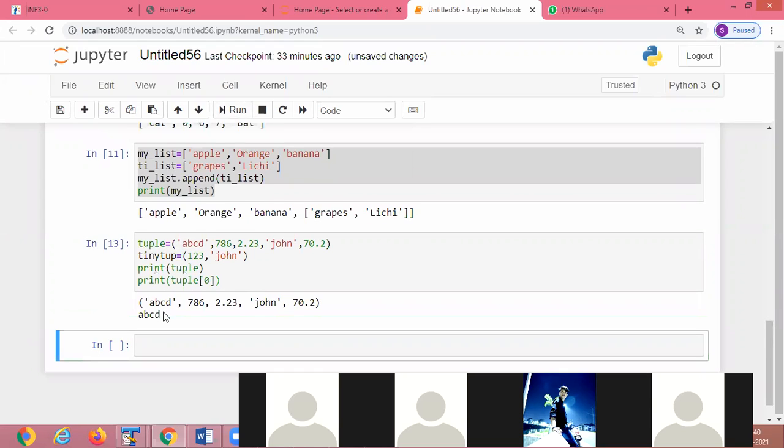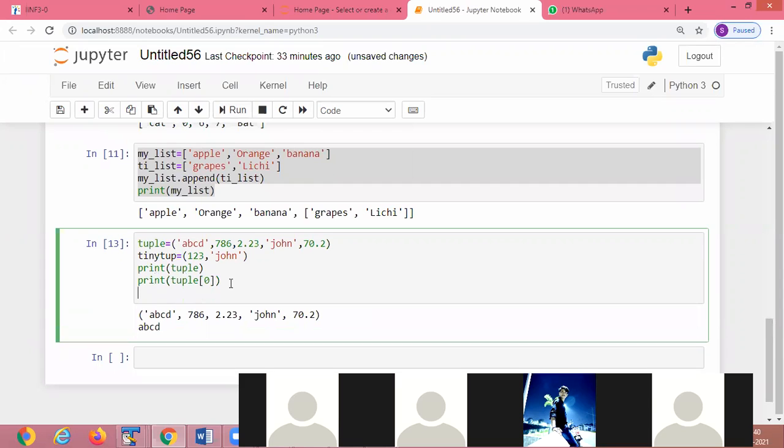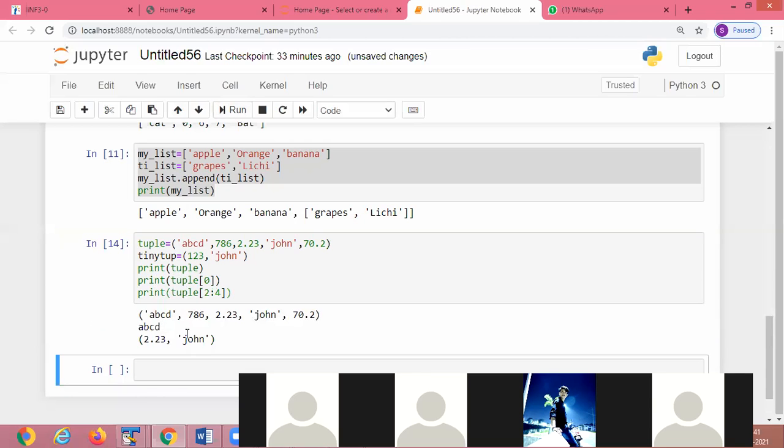It shows you the first element, A, B, C, D. If you print tuple 2:4, that prints 2.23 and Jan.